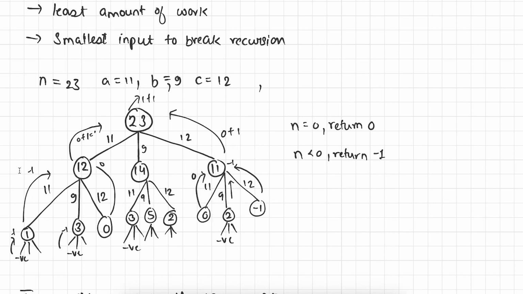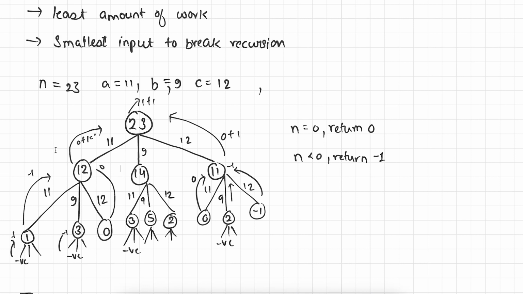Now again this 3 recursive call is going to return 0 plus 1 from here. Okay, and this recursive call is also going to return -1 because all the values are negative here, and this recursive call is also going to return 0 plus 1 to its parent. Now again this parent calculates maximum of these 3 child recursive calls. So maximum of 1, -1 and 1 is 1. So it's going to add +1 to it and returns 2 to the main function. So you can see how many maximum pieces of rope we are getting.